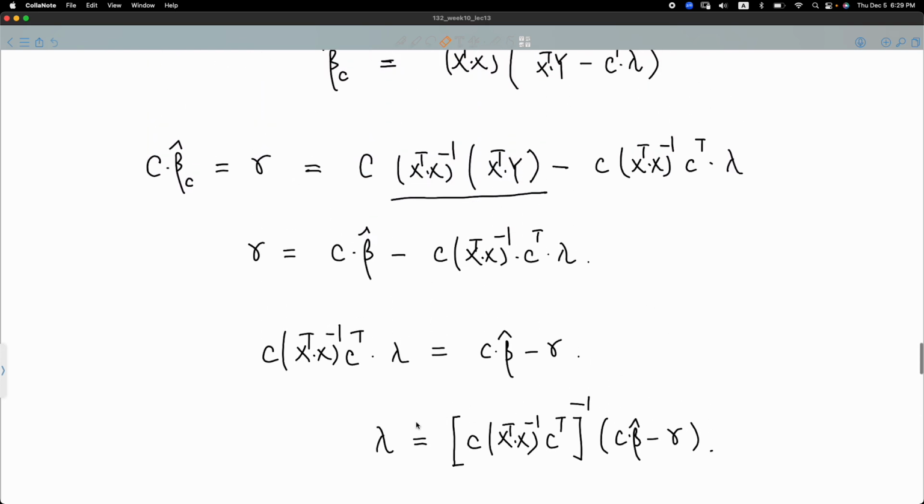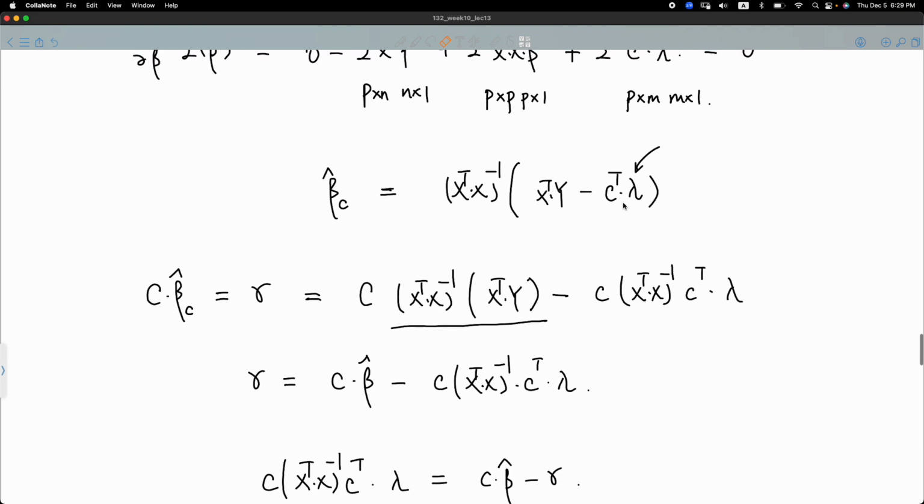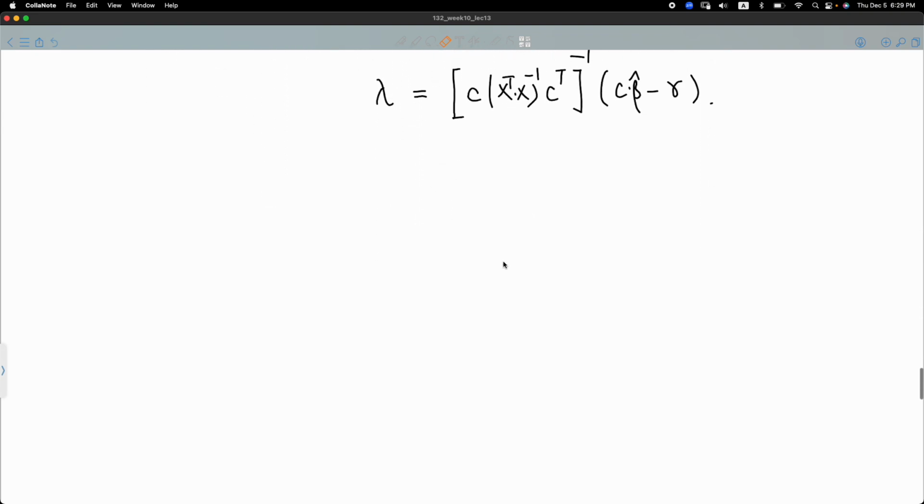So now we're going to plug this lambda back into this solution, and that means this expression will not involve anything that you don't know. Okay, so that means everything on the right hand side after you plug in the lambda will have a closed form solution when you plug in all the components into this expression. Okay, so to plug in lambda into beta c hat, you will have